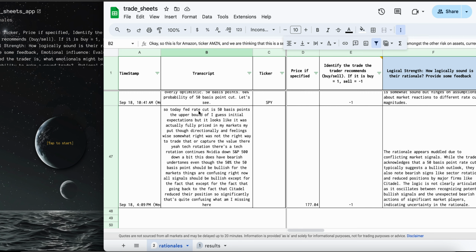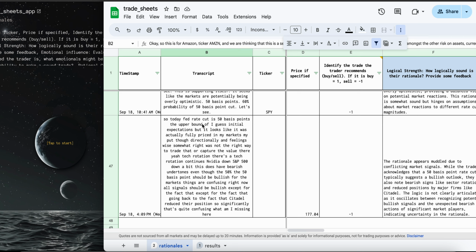Okay, so I'm going to show you how to use this trade sheets Google Sheet design that I created for our Voice Sheets app. On the left side, I have the Voice Sheets app open, and here you can see the trade sheets. The main idea behind this is built for traders, more short-term trading ideas. The idea is to come up with a trade idea for a ticker, and then to display the reason why